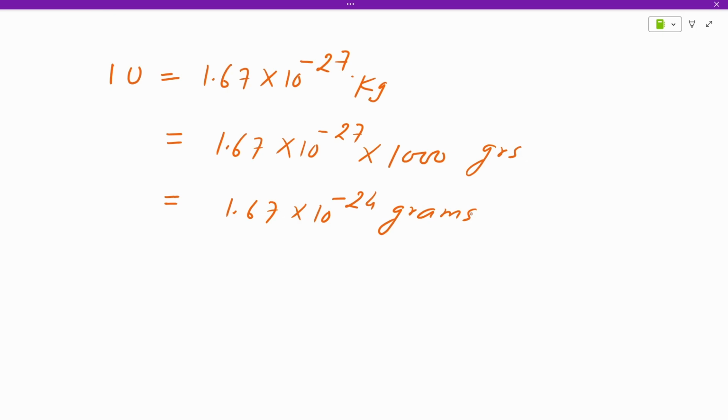Similarly, the total number of carbon atoms to give 12 grams of carbon, and the total number of oxygen atoms to give 16 grams of oxygen. Clear? By calculation, we get 1 mole is equal to